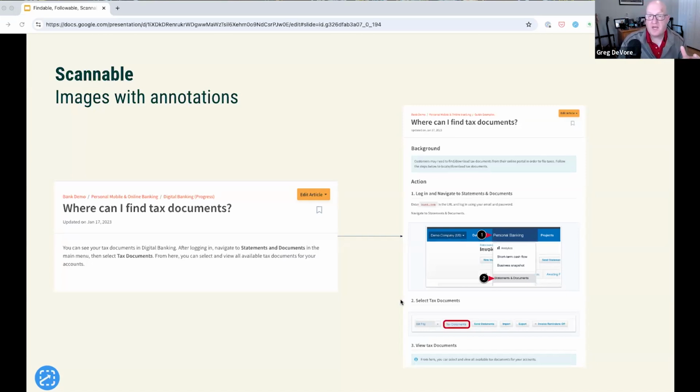Well, if the screenshots get out of date, that is actually going to communicate to someone when they're following it, like, hey, wait a second, maybe something's changed here. If all you have is text, they don't know that. I run into online documentation all the time where it's just text-based and their UI has changed, and now the instructions don't match what's happening in the UI. So this is really important. Images with annotations make a huge difference in making something scannable.